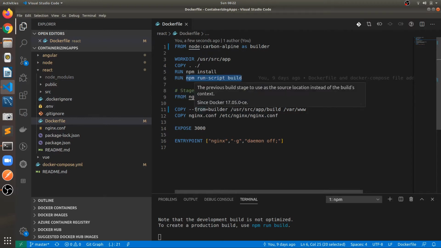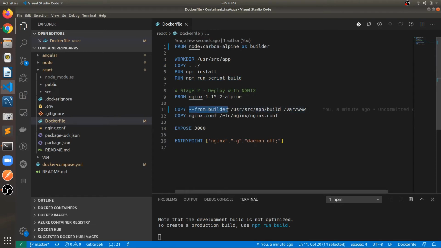The next step is copying from the builder. As I already mentioned, we are using multi-stage. Here I have named one stage builder, and we are copying from /usr/src/app/build to /var/www. Whatever files are available inside the build folder will be copied to this path. Next, we copy nginx.conf to /etc/nginx/nginx.conf, and we are exposing port 3000, and finally we are running the nginx server